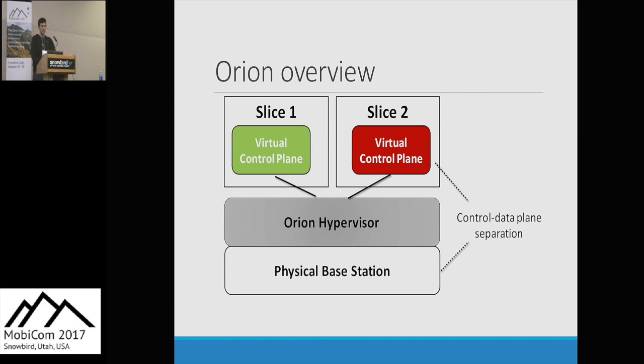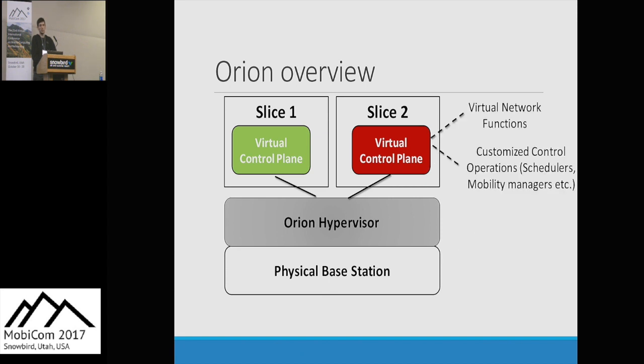And then each slice gets its own dedicated virtual control plane, which can be seen as a virtual network function that can be customized by the slice owner in order to introduce sophisticated control operations, like, for example, schedulers or mobility managers that apply to a specific service. And these slices need to communicate with the base station through dedicated channels that can be either logical or physical,